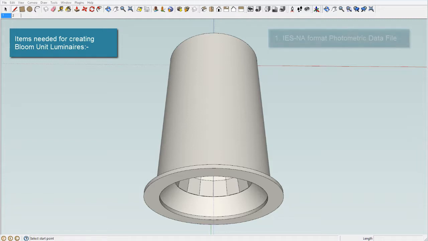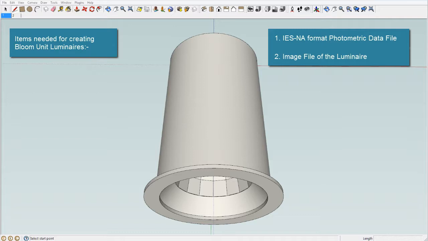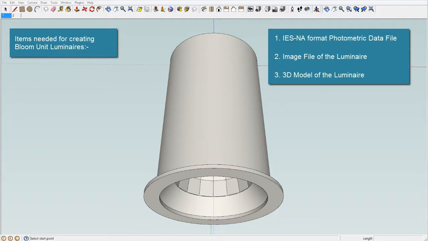Firstly, a photometric distribution file in IES North American format of the light fitting that we're creating. Secondly, an image file of the luminaire to be used as a thumbnail for the library menu. And thirdly, the 3D model of the luminaire, which in this instance is a converted file from a manufacturer's in-house